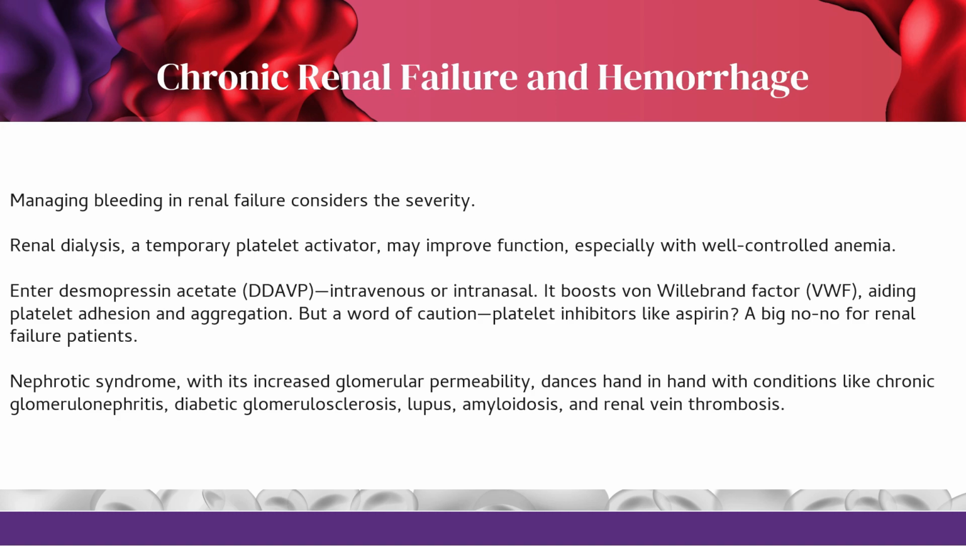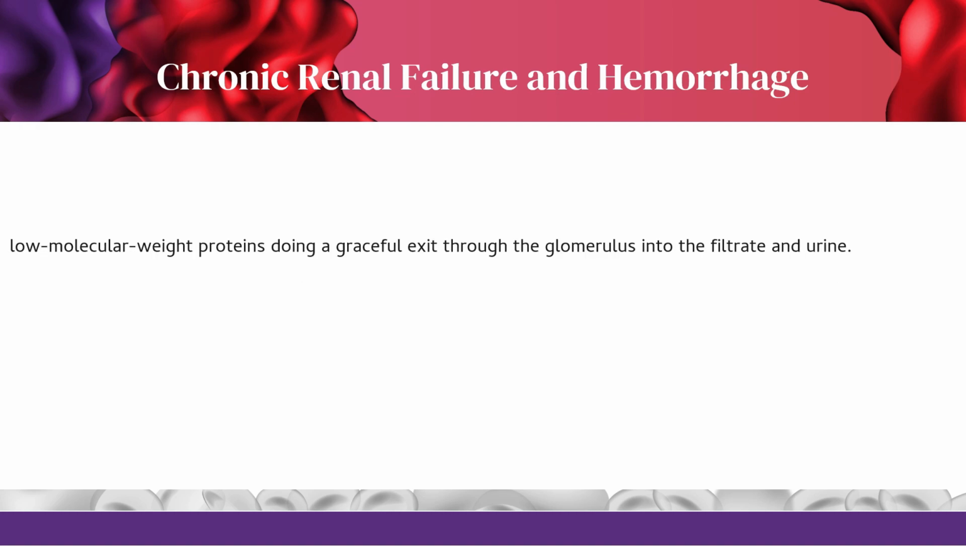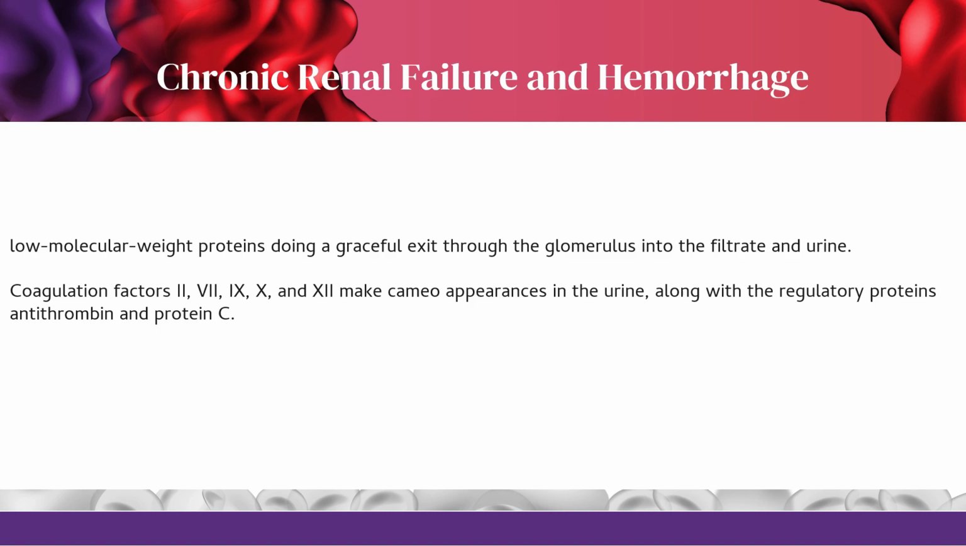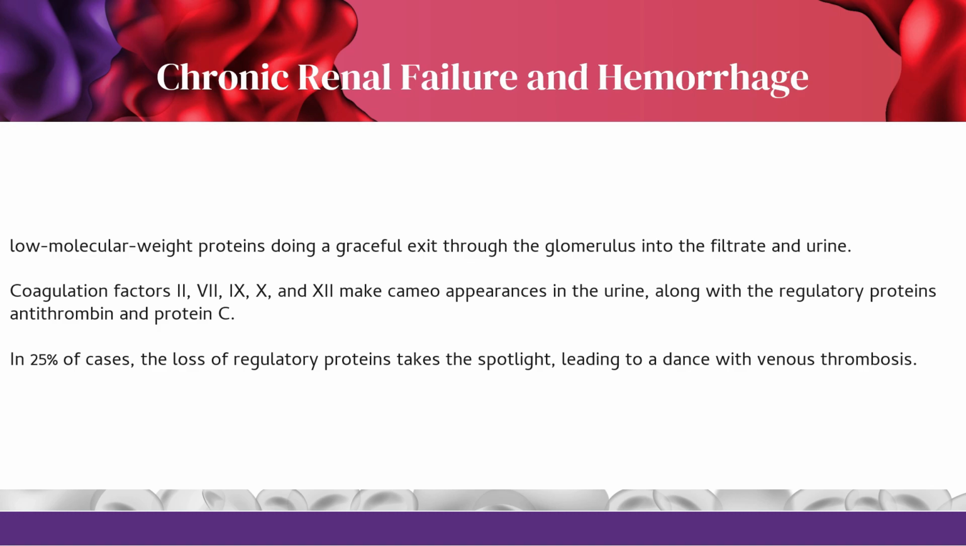Nephrotic syndrome, with its increased glomerular permeability, dances hand in hand with conditions like chronic glomerulonephritis, diabetic glomerulosclerosis, lupus, amyloidosis, and renal vein thrombosis. Picture this: low molecular weight proteins doing a graceful exit through the glomerulus into the filtrate and urine. Coagulation factors 2, 7, 9, 10, and 12 make cameo appearances in the urine, along with the regulatory proteins antithrombin and protein C. But wait, in 25% of cases, the loss of regulatory proteins takes the spotlight, leading to a dance with venous